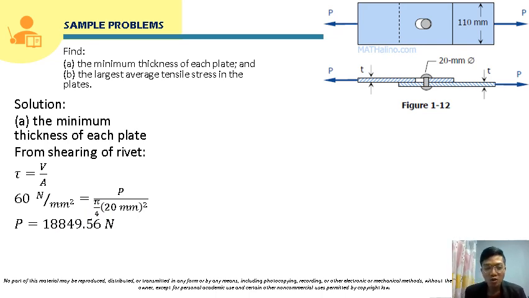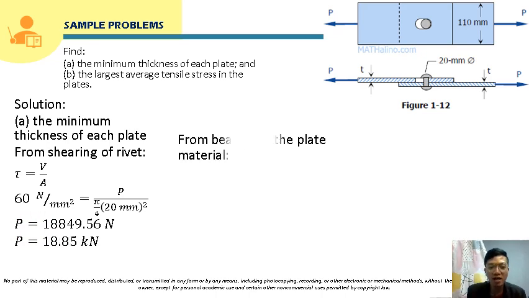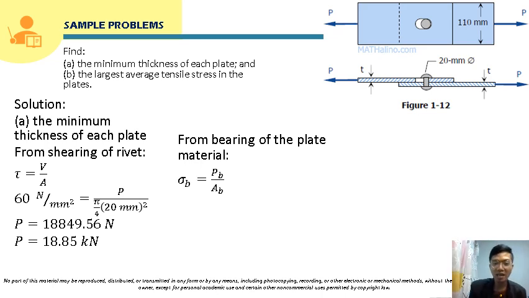So we can solve here the allowable force P. The allowable force P will be equal to 18,849.56 Newton. The unit here is Newton since we made it Newton per millimeter squared. Now we will use this allowable force for the bearing of the plate material. The allowable bearing stress for the plate that is given in the problem, for its formula, will be equal to the compressive force or the bearing force PB over AB,